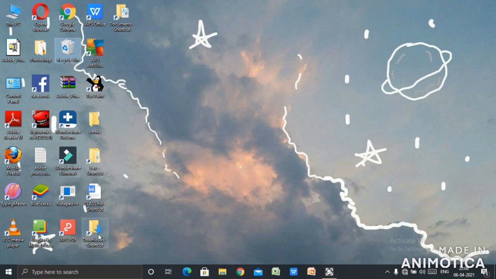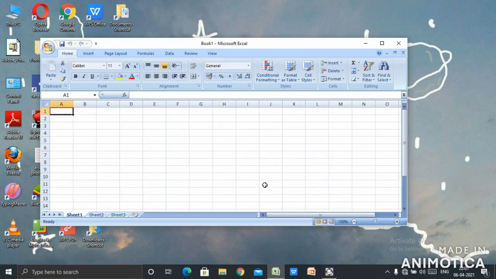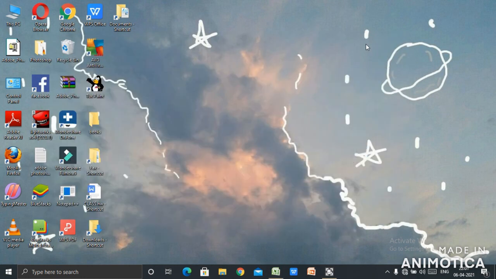We have already studied about the jump list. Next topic is sneak. Children, the sneak feature in Windows 7 helps you to preview all the recently opened documents on the taskbar. You can see here that Excel is written here. The Excel sheet is opened before us because it was visible on the taskbar. We can minimize it and it will be visible on the taskbar. So this is another important feature of Windows 7, sneak.